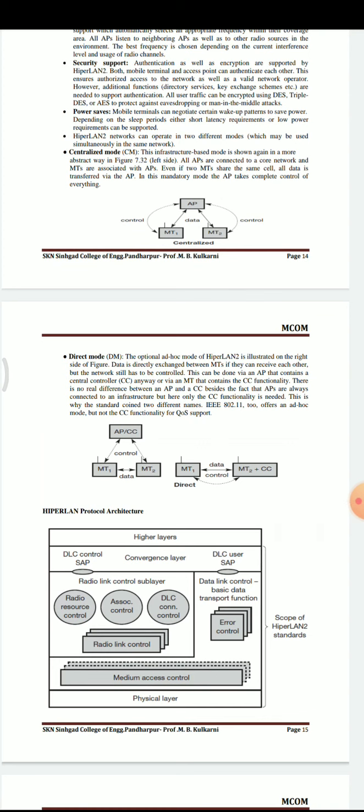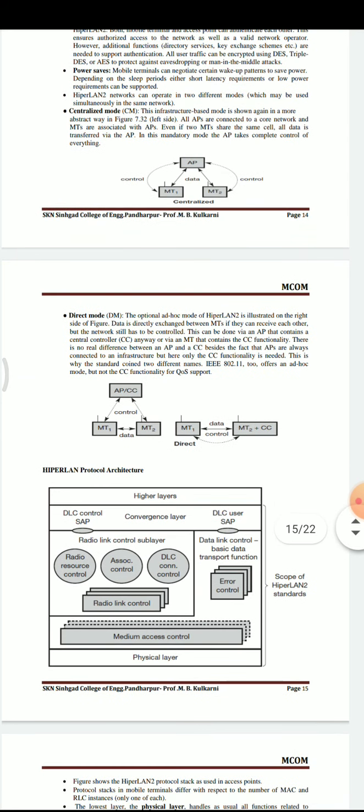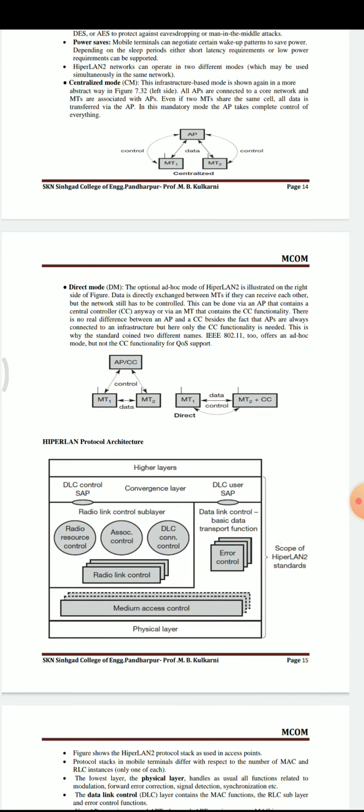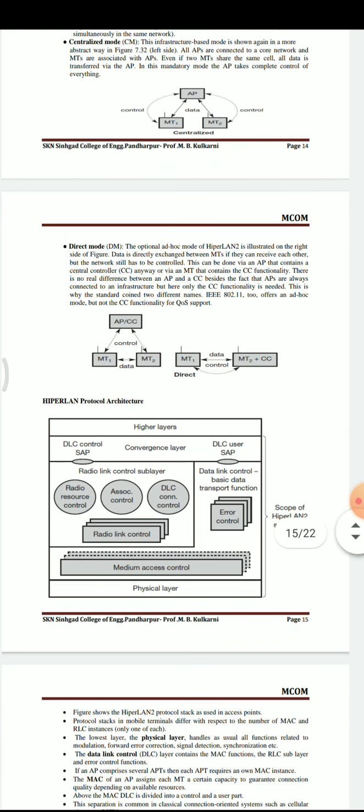Then another mode is direct mode. The optional ad hoc mode of HyperLAN 2 is shown in the figure below. In this mode, data can be directly exchanged between mobile terminals if they can receive each other, but the network still has to be controlled.